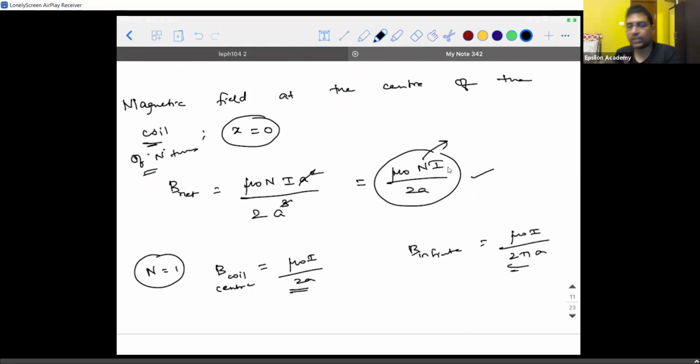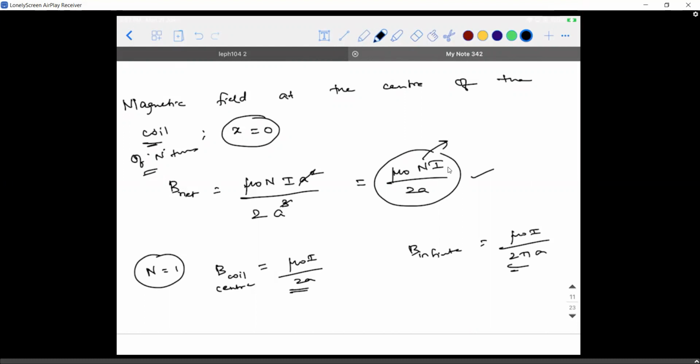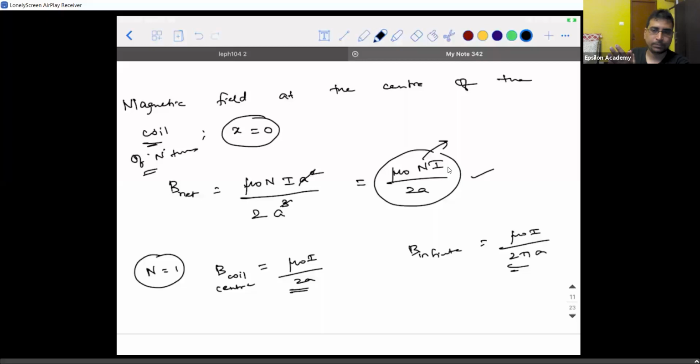Aren't these two looking similar? Because these are the two mostly used formulae for CBSE, and questions will also be asked from this point only. The major confusion will start at this point. When you look at the magnetic field due to a circular coil, we tend to write pi in the denominator because when we talk about circle, area or circumference, everywhere pi is involved. So involuntarily we will be writing a pi in the denominator, but observe this equation. With respect to a circular coil, there is no pi in the denominator. Please make a clear note of that point.